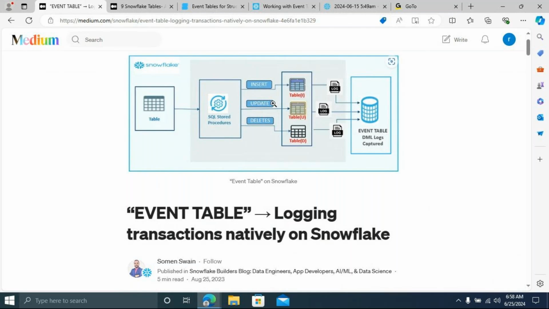Whenever any new transaction happens, it will capture all this information: when the proc got started, what records got inserted, what exception you faced while inserting, what exceptions you faced while updating, and any exception during delete. All kinds of transaction logs will be stored in which table? Event table. Now I'm going to discuss one by one.